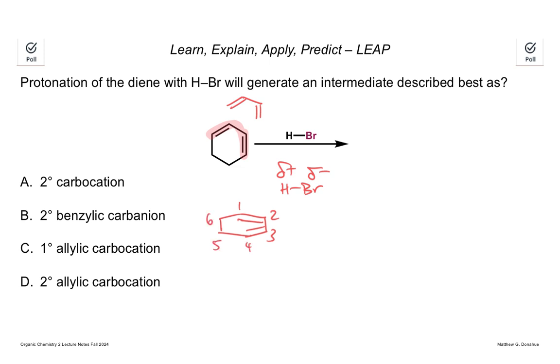So if I number the ring like that, again, you have the choice: do you protonate carbon 1 or do you protonate carbon 2? You make your decision based on the stability of the carbocation that results. So if we protonate C1, that gets the proton, the other carbon becomes the carbocation. Or if we protonate C2,